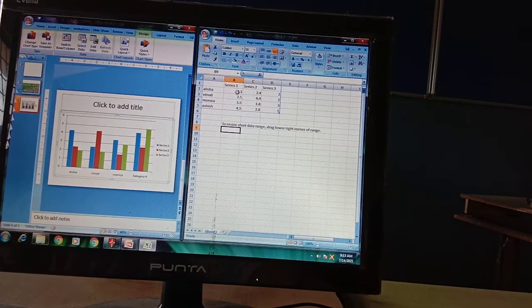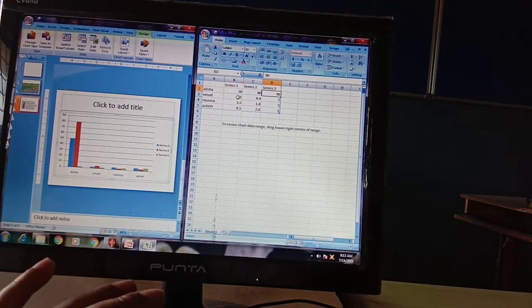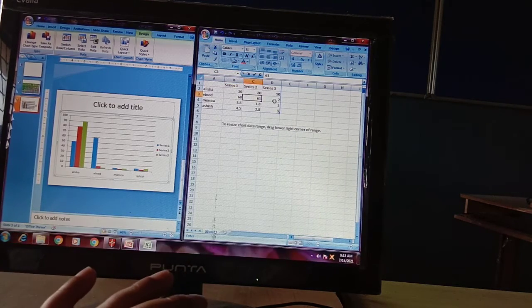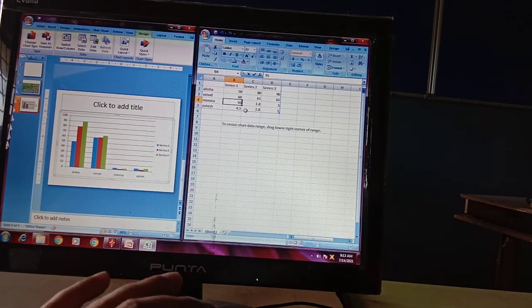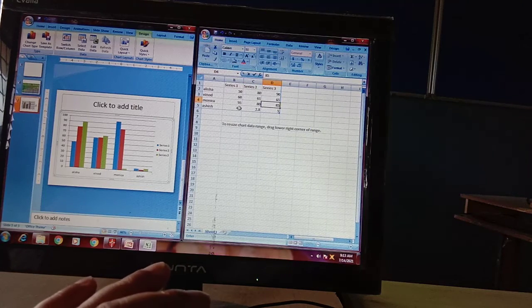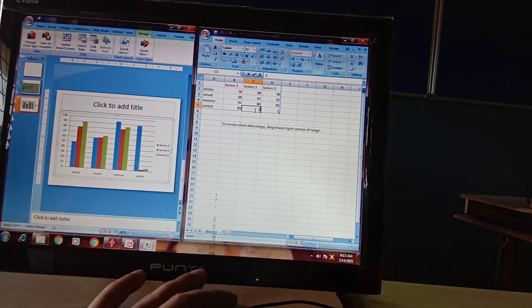Okay, and after writing the names, you are writing the numbers like 50, 80, 90, and 60, 61, 65, like 95, 80 and 85, and 89 and 54, like this, and 68.